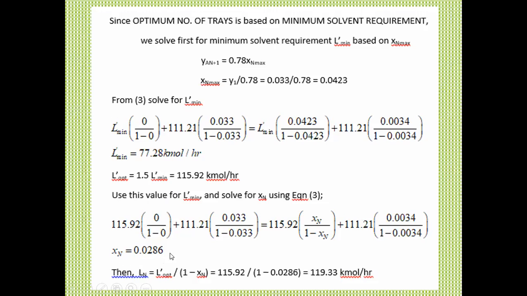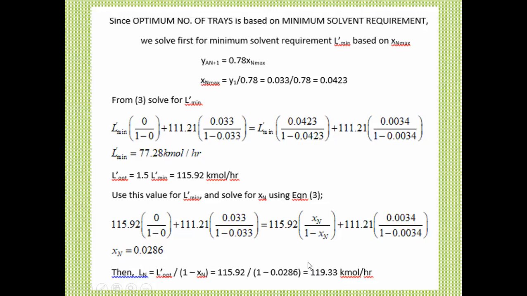Now, if this is already your X sub n, you need to determine the Ln in this case. What's the Ln? If you recall that your L prime optimum is your actual Ln times 1 minus xn, then you will be able to determine the Ln here. This particular denominator here, which is 1 minus x sub n, actually came from what is written on the left side. So we just want to isolate the Ln here to give us the actual Ln in this case, which is